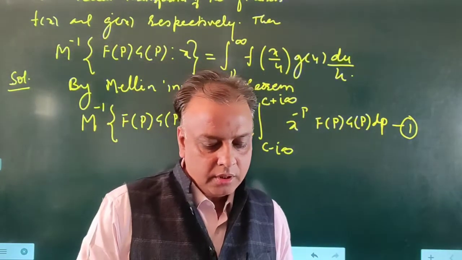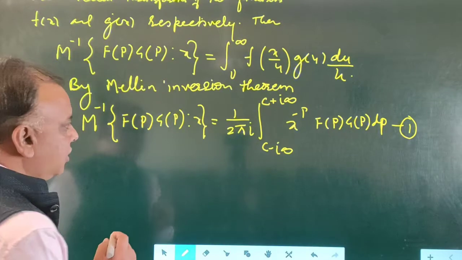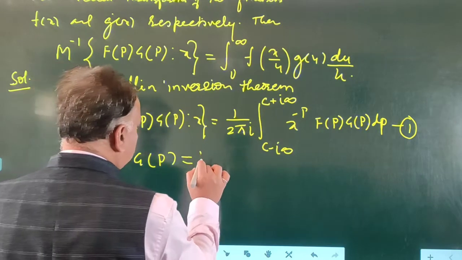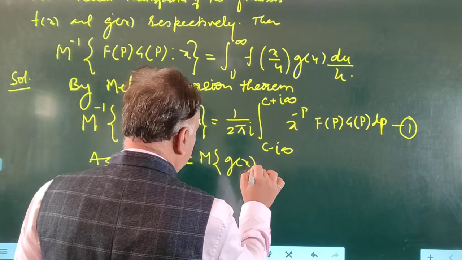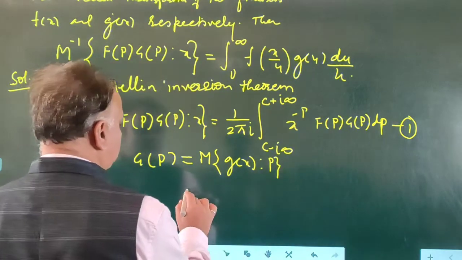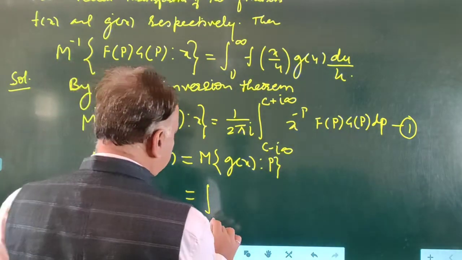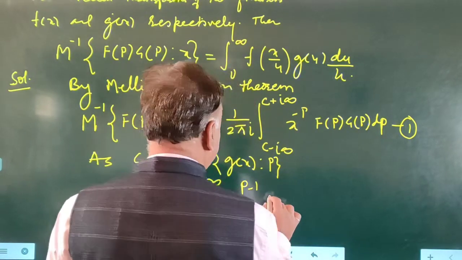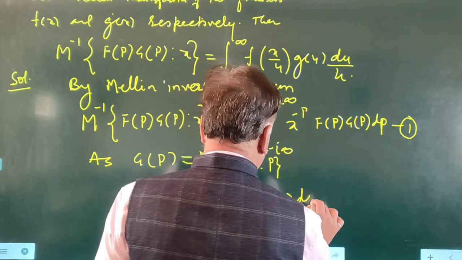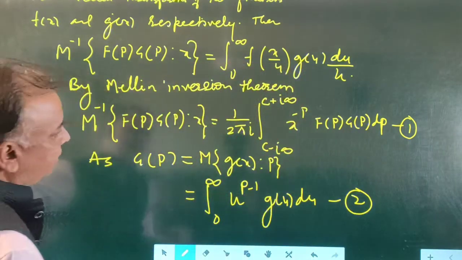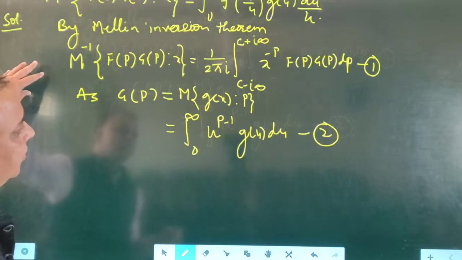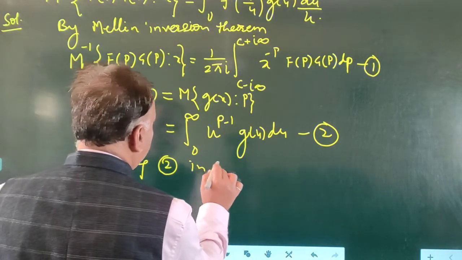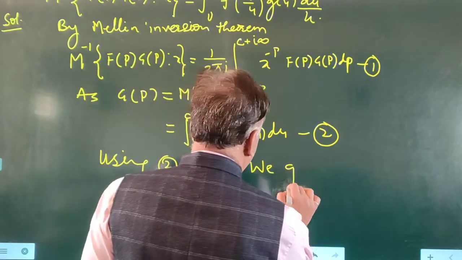So by the definition of the Mellin transform, G(p) is the Mellin transform of g(x) with respect to p, which is equal to the integral from 0 to infinity of u raised to p minus 1 g(u) du. Equation 2. Putting this value in equation 1, using 2 in 1, we get